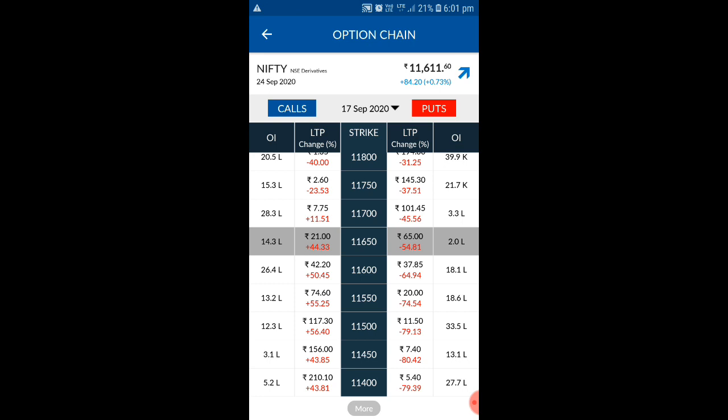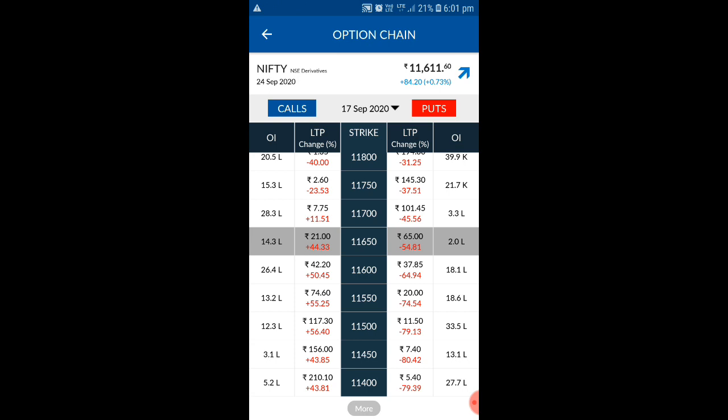And this is what time decay is: as soon as the expiry is approaching, automatically the premium will be reducing. So this is the major thing. Even if the market is going positive, the premium may be going down, and sometimes you can see both C and P are going down. That is the case most of the time. If the market is opening in a flat mode, with no movement, maybe 10 or 20 points movement on both sides, in that case both C and P will be coming down.